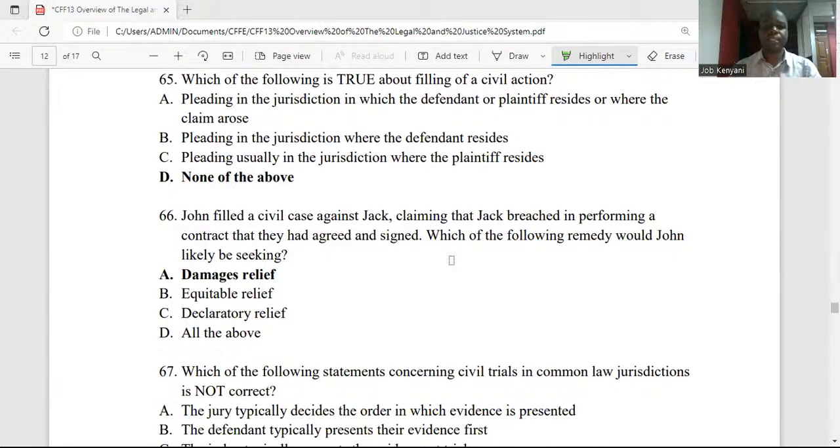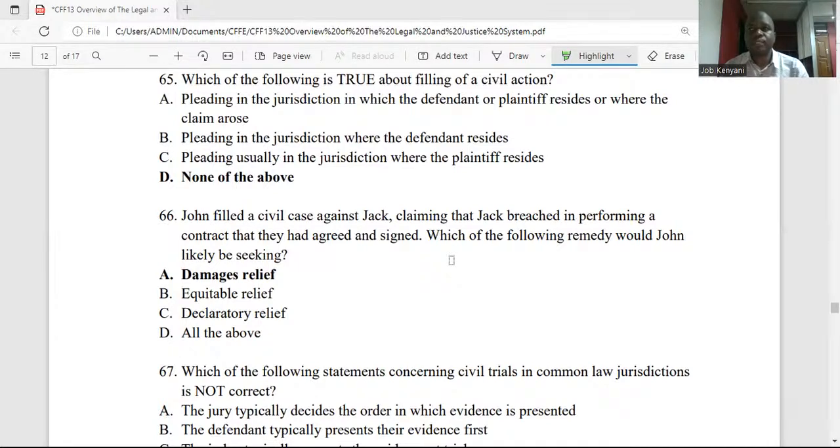So, damages relief. There are those remedies that can be given in case of a breach of a contract. Under damages relief, we simply mean that John would be seeking to be paid or compensated for all the losses that he has incurred in this particular contract as a result of the breach. You can talk about damages. You can also talk about being paid up to the extent the contract has been performed. So we call it